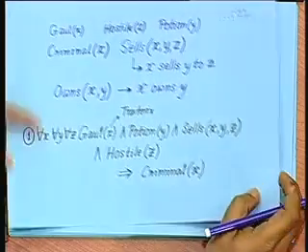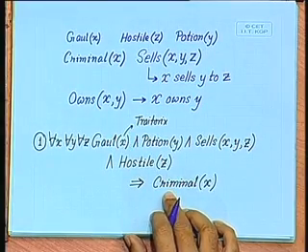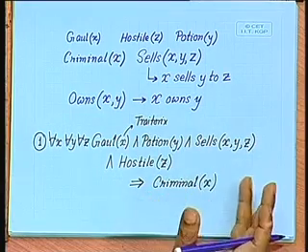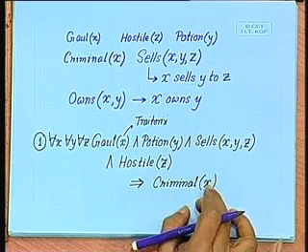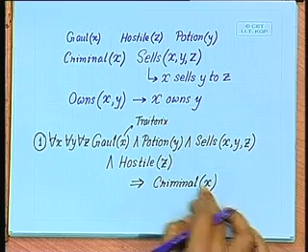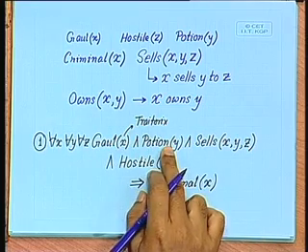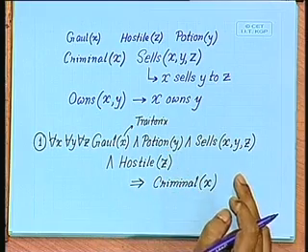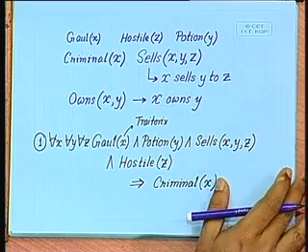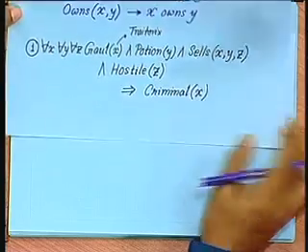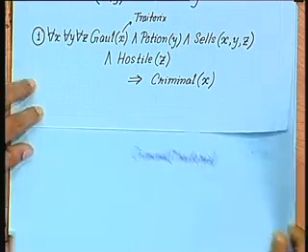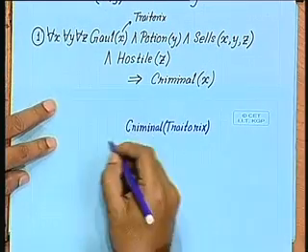Then we start with this rule. We start with this rule because this is the rule which has criminal traitorix on the right hand side. So, we will now start unifying with the right hand side. With the right hand side, if we unify this, then we will see that we can get criminal traitorix provided that we can find a Gaul X, a portion Y, provided that we can find a portion Y and a nation Z such that traitorix has sold a portion to that nation. So, what we need in order to deduce that criminal traitorix is that we need